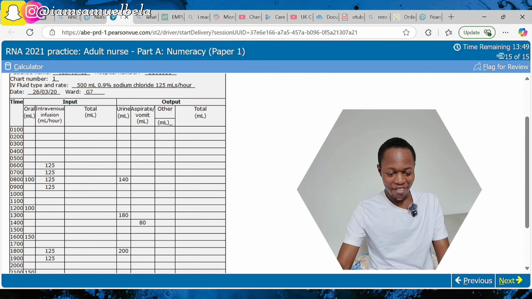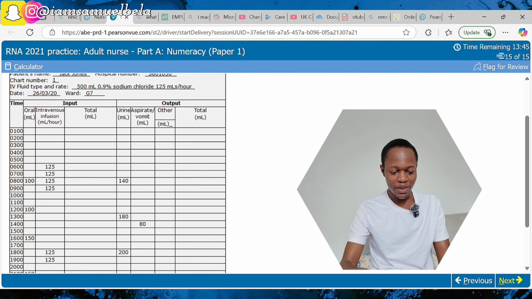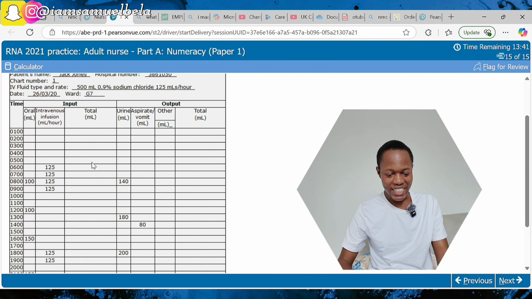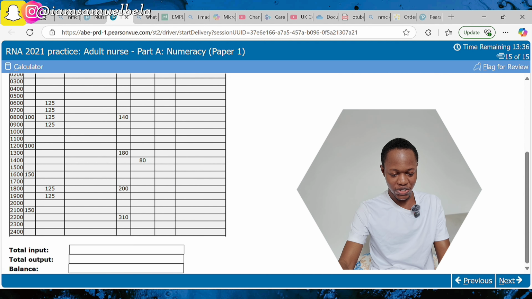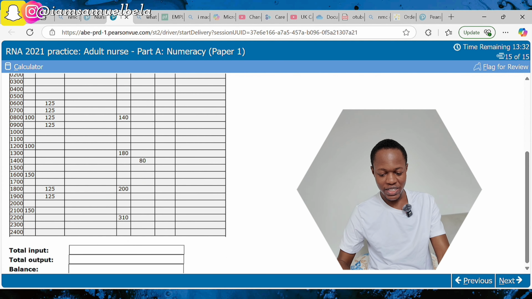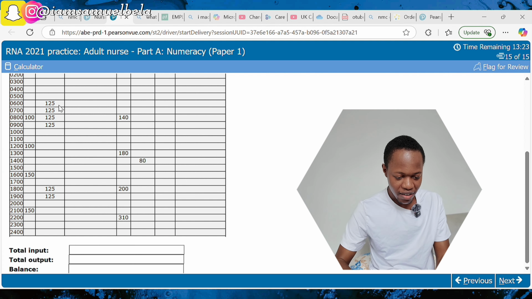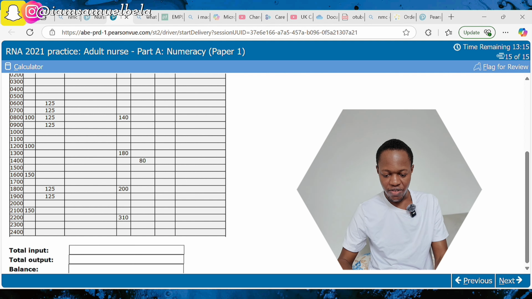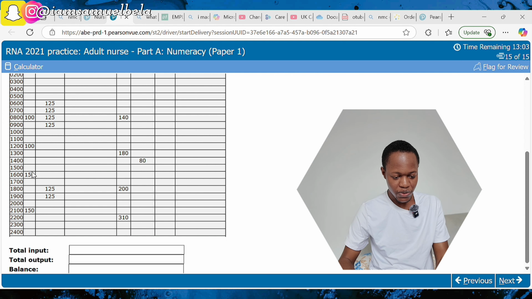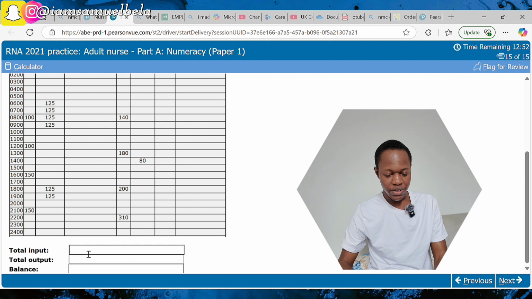Okay, so all you have to do here is to fill up this. Now note that anything that is input is plus, anything that is output is a deduction. So what we have to do now is to add up all this input. So let's get our calculator. How many 125 do we have? 125 times 6 plus 150 is 300 plus 100. Everything gives us 500 plus 500. That's 1,250. So total input is